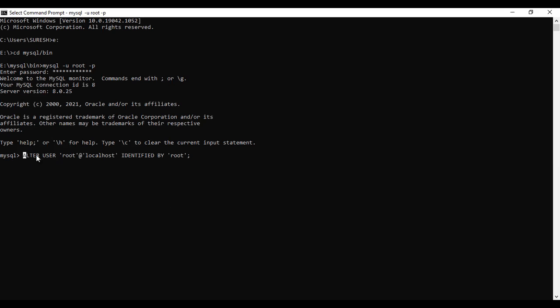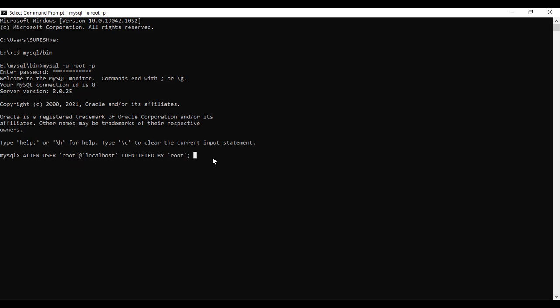ALTER USER root@localhost IDENTIFIED BY root. By executing this, the password will be changed to root, so the user is root and the password is also root. Remember this carefully, or you can put any password of your own here.